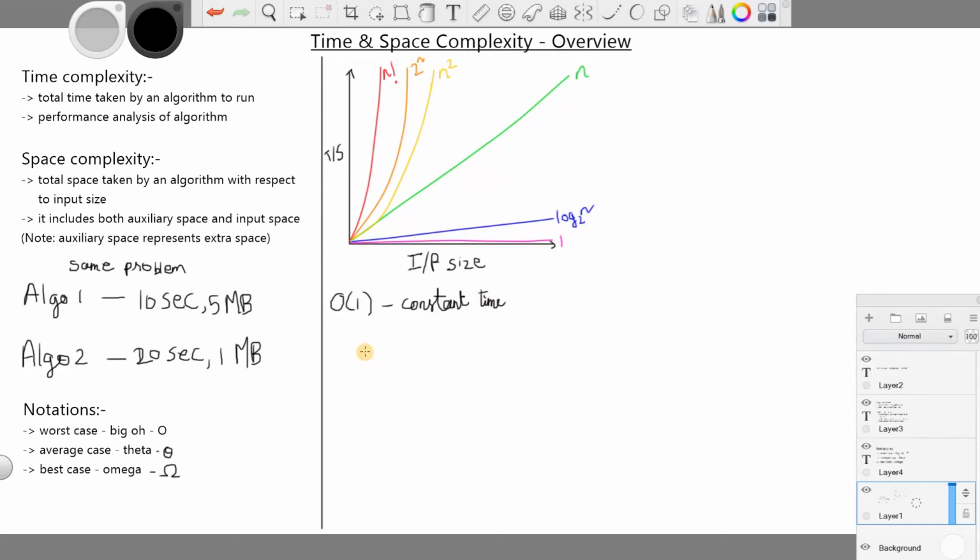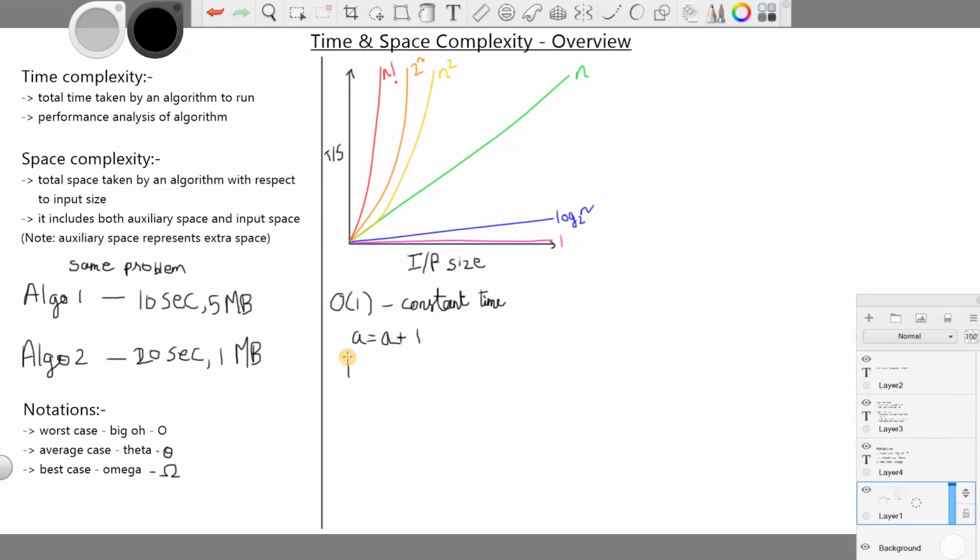So this time complexity is like instantaneous. When you do something like a equals a plus 1, this is a constant operation. You are just adding 1 to a variable and assigning it. These arithmetic operations are all constant time.